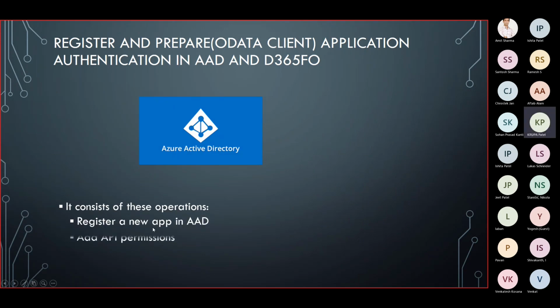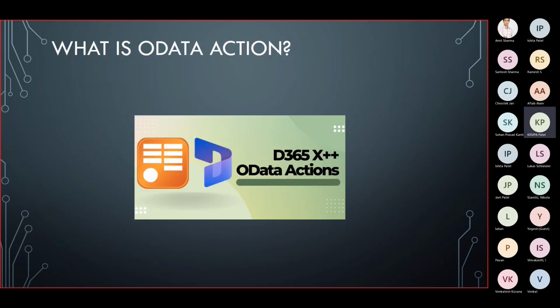So we have done all three steps, and now we come to OData action. Before we come to OData action, first of all, why do we require the OData action? You can use the OData action for process integration. For example, you want to confirm or invoice the sales order without going through the FNO functional process, then you can create the OData action for that. If you want to implement some complex transaction, or if you want to manipulate server entities at once, you can use the OData actions.